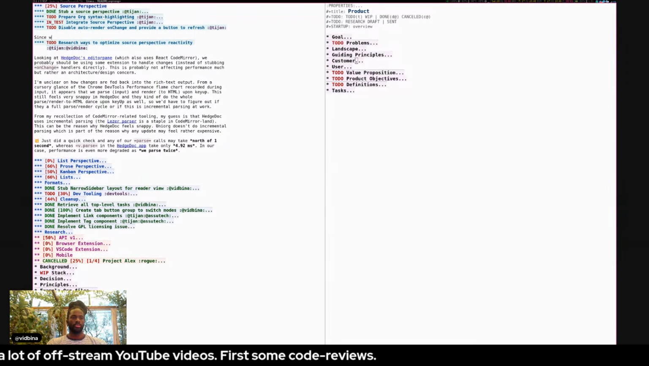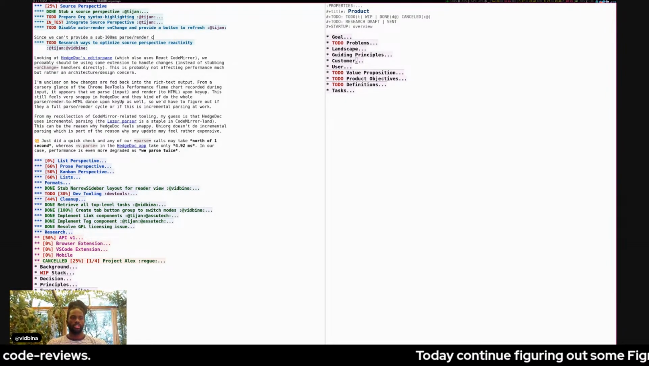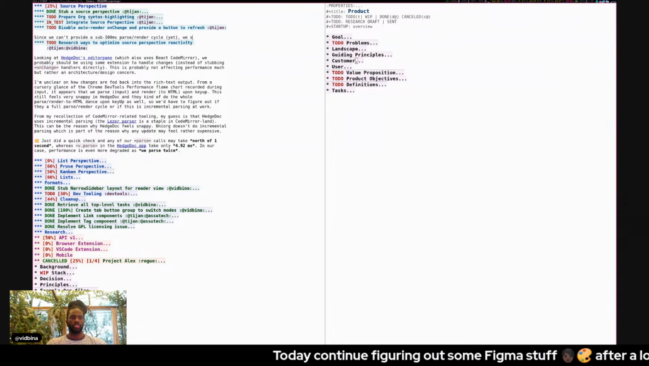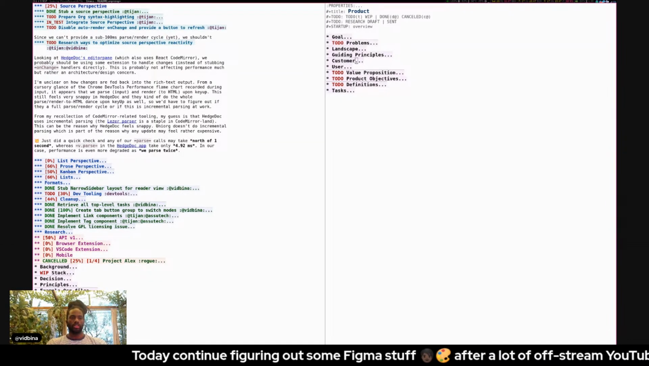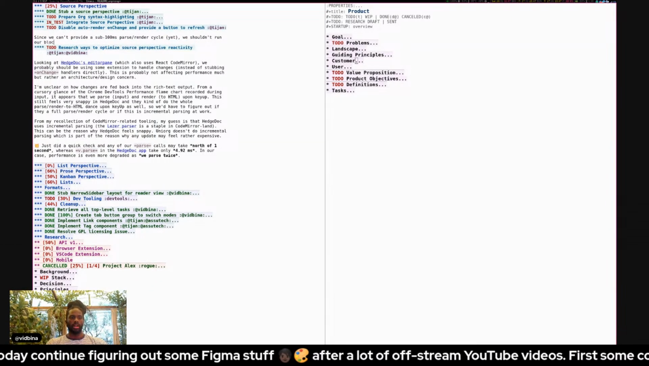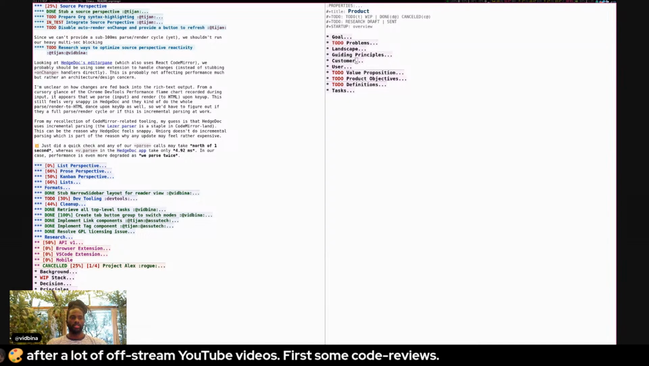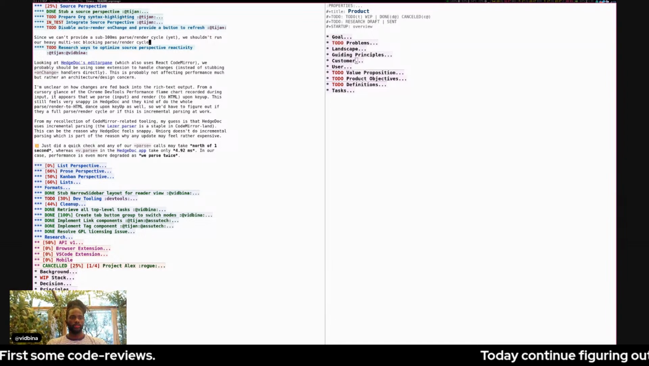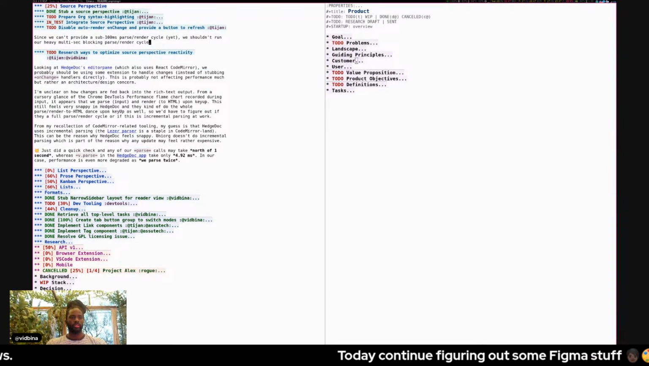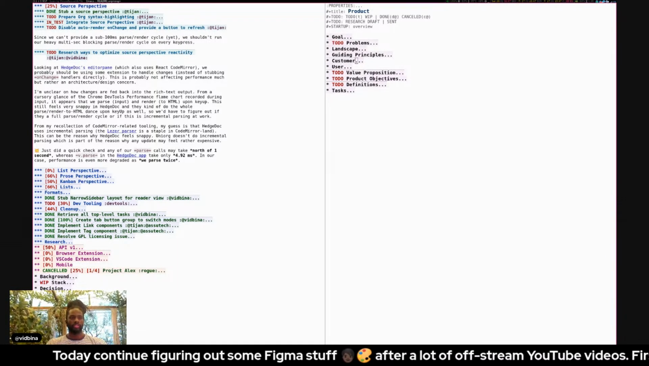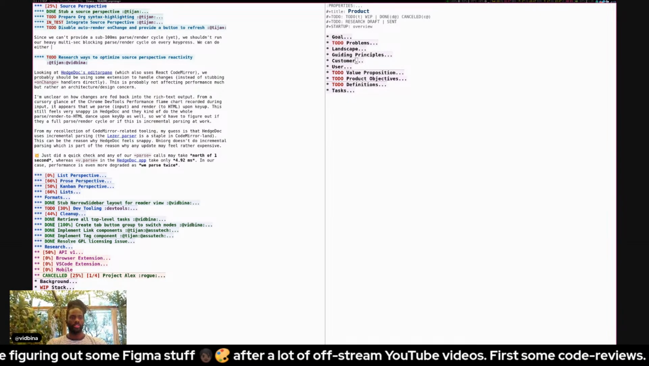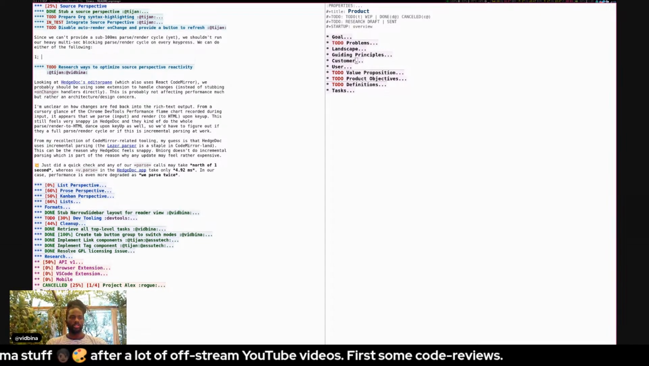Since we can't provide a sub 100 millisecond parse render cycle yet, we shouldn't run our blocking, heavy, multi-second render cycle on every key press. We can do either of the following. I think one was